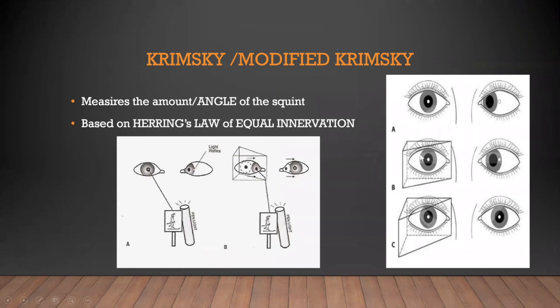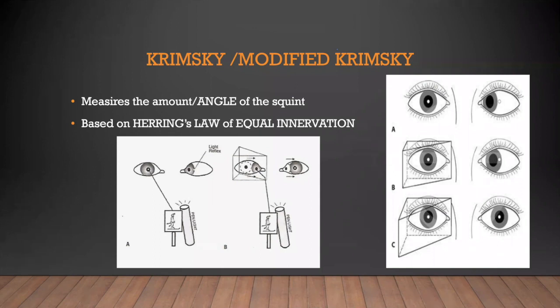Assume that this is a prism that they have put close to 30 prism diopters, so say about 45 or 50 prism diopters. This is how much gets neutralized. And now you've put say 90 prism diopters and you'll have it aligned. So you're going to see the two corneal reflexes which are in central alignment, which is going to tell you the amount of squint by Krimsky's test or modified Krimsky's test. Again, the principle that we are using is the corneal reflex only to assess the amount of squint.